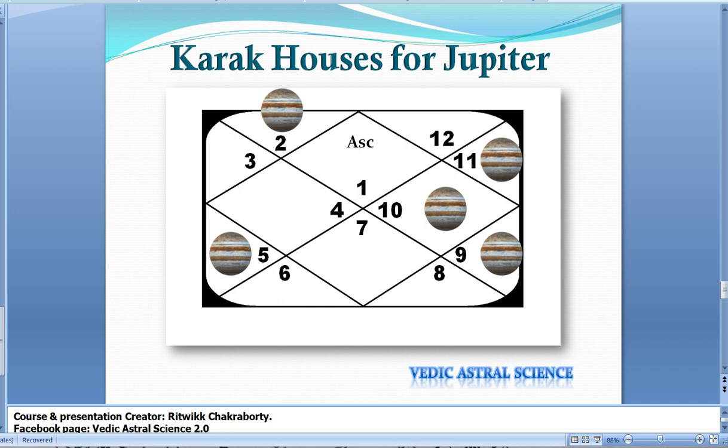11th house. So Jupiter is significator of second house, and as the second house is the 10th from the fifth house, it signifies the karma of your children. Okay, so second house shows the family of the native, and it is also the karma house for your children, right? Then if you see the 10th house